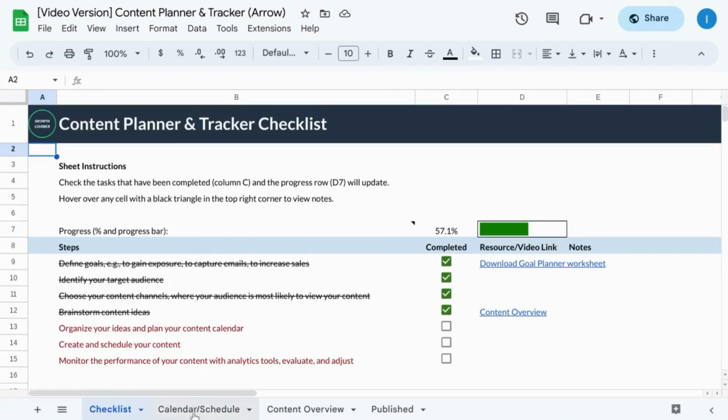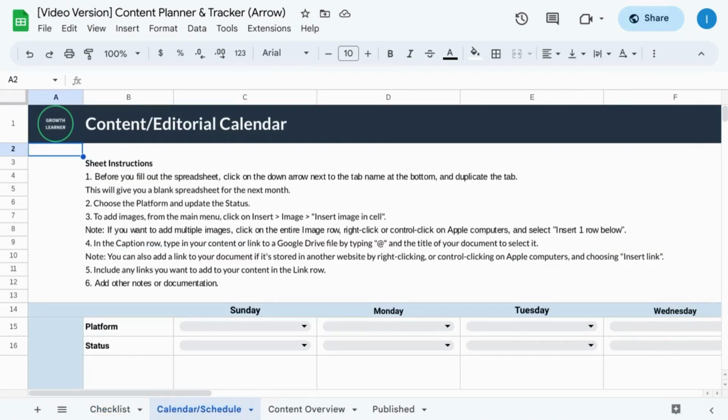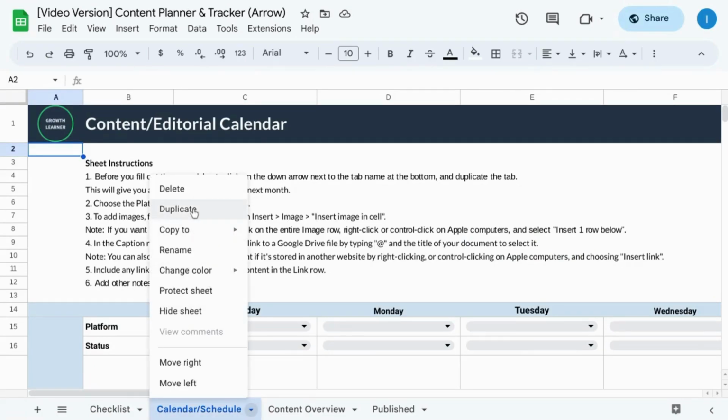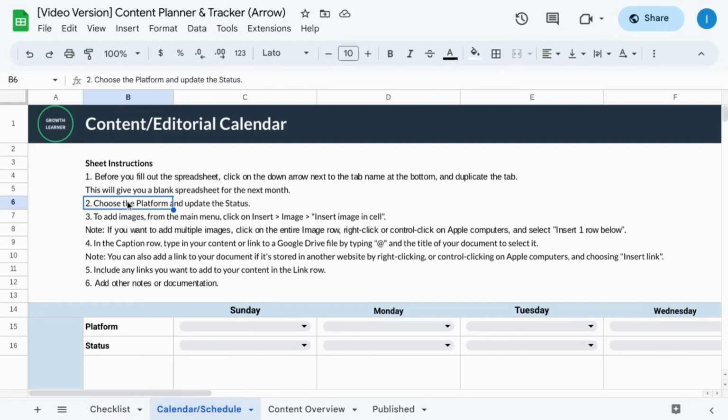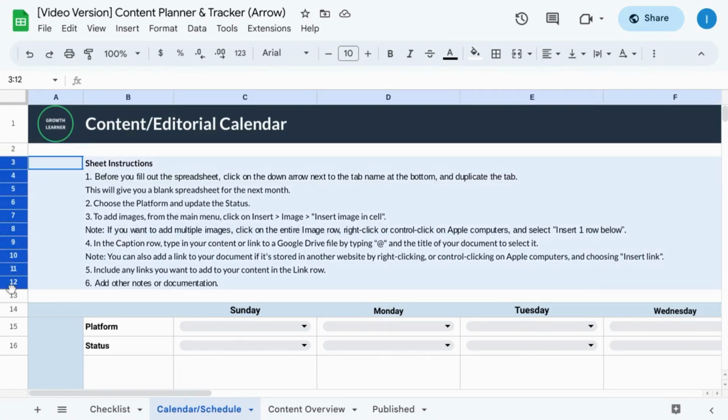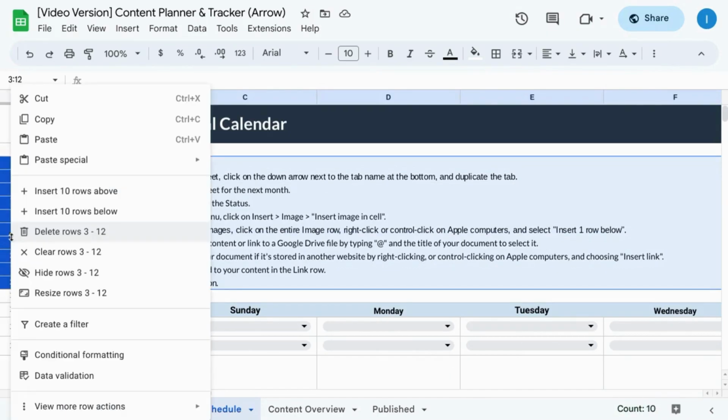We'll click on the calendar/schedule tab. Before you use this tab, click on the down arrow next to the tab title and select duplicate. That way you can have a clean, fresh copy for your next month. Here at the top, we have instructions on how to use this tab. If you pick up the process pretty quickly, you can highlight the cells, highlight the rows, and hide them if